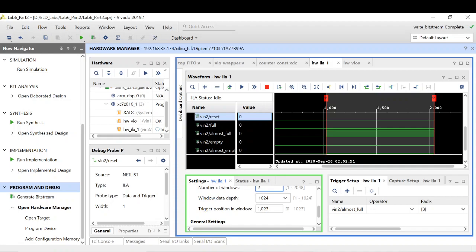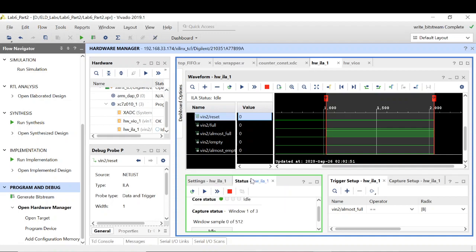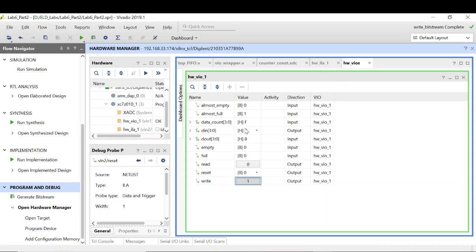Now let's change it again. Let's change it to three windows and see what's happening. Okay, now I will first do the read so that my almost underscore full goes 0.